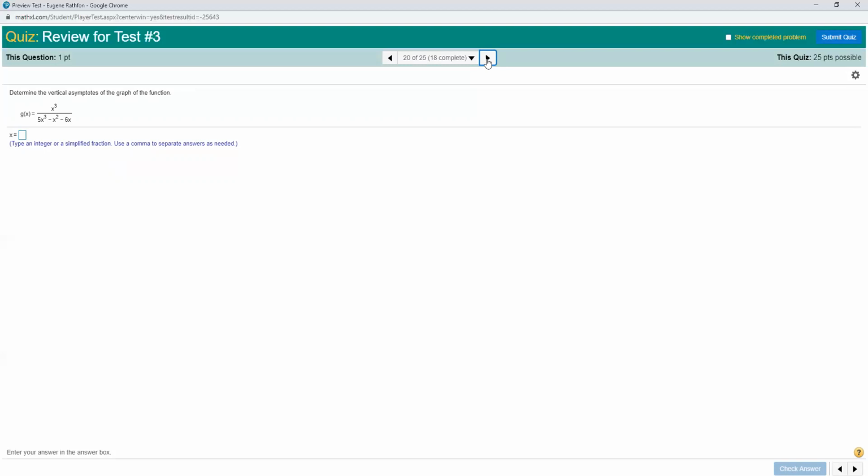And what I would probably do here to find these two numbers is set this thing equal to 0. This one I know is going to equal 0 because it's by itself, right? So A would be 5, B would be -1, and C would be -6. I'm going to use the quad. A lot of people have trouble factoring when there's a number in front like that. So I'm just going to use